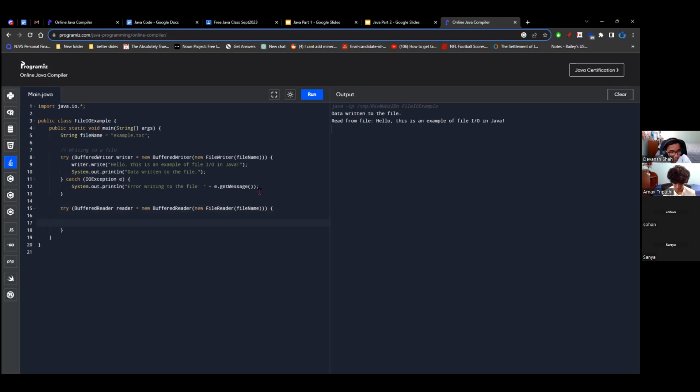Okay, so this is our new try block, and inside of this, it's creating the BufferedReader object, which is wrapped around a FileReader, and it's allowing for efficient reading. So it's much more efficient, much faster. Okay, so next up we have